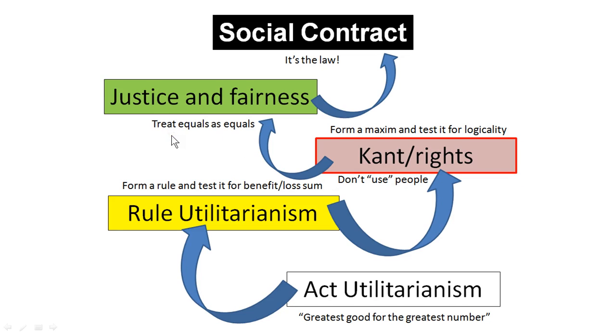That's kind of extended in the justice and fairness framework. Treat equals as equals. In a way, you could make a connection by saying you wouldn't want to be lied to, and you don't want people to lie to you. The person you're speaking with is an equal to you, and you wouldn't treat yourself in that way, so you shouldn't lie to somebody else. Of course, it extends farther than that in terms of the provision of benefits in societies and the distribution of harms or ills. This was given its most recent formulation in 1971 by John Rawls.